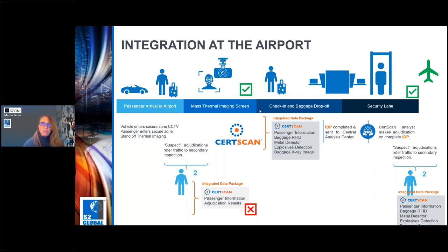You've got your passenger information, you now have a baggage RFID, and then as you go to the checkpoint, you're adding the metal detector clearance, the explosive detection, and the baggage X-ray, and you don't have to have extra staff on the ground. You can have more staff in a comfortable command center, managing the whole process,